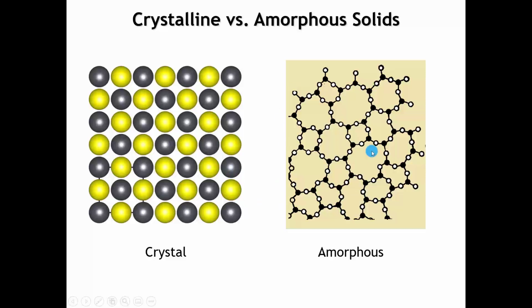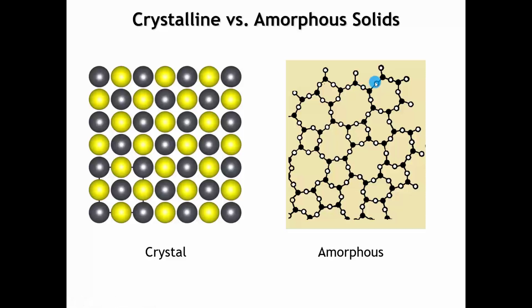Whereas if we were to look at an amorphous solid like glass, here's an image that shows the silicon atoms in black and the oxygen atoms in white. And what you can see is that each silicon is making bonds to 3 oxygens, and each oxygen is making bonds to 2 silicon atoms. Locally, this thing has a kind of repeating unit to it. But if we were to look